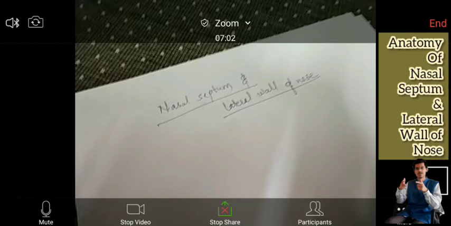Put your hand in a little deeper and if you see medially, see these things you do practically, it is ugly enough to understand, but once you do it, you will never forget it. And anyways, you will answer it in the viva or exam. And this is most important because we are not just learning for exams. This is important if a patient comes to you with a bleeding nose. You should know the parts of the nose. You should know what is the arterial supply of the nose. You should know what is the venous drainage of the nose.